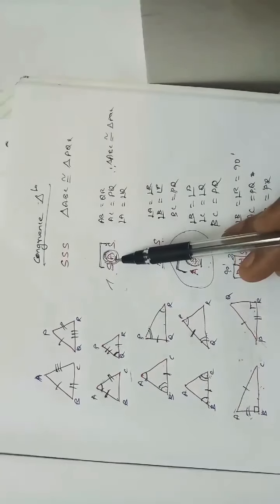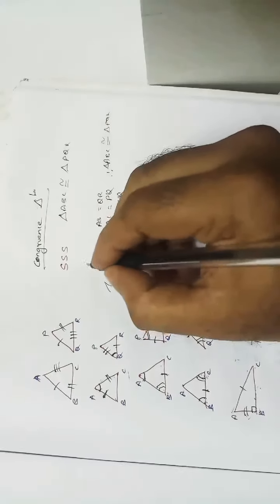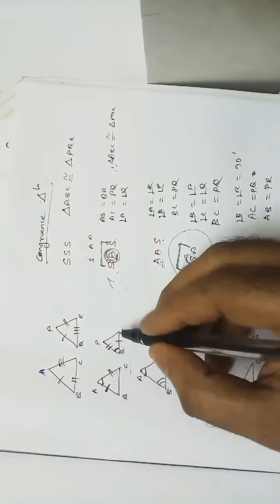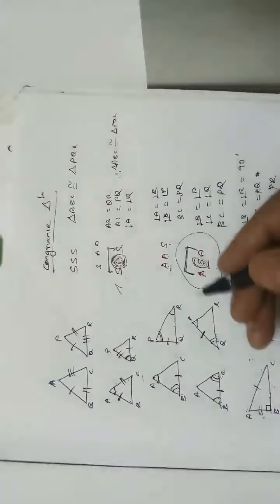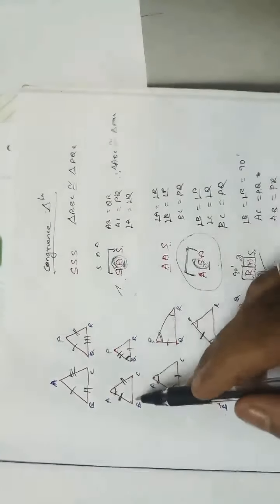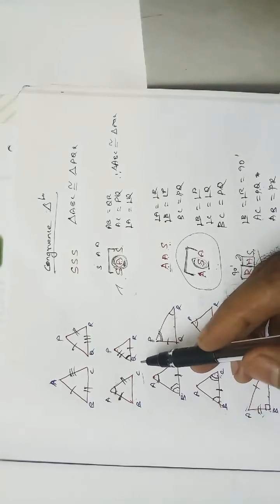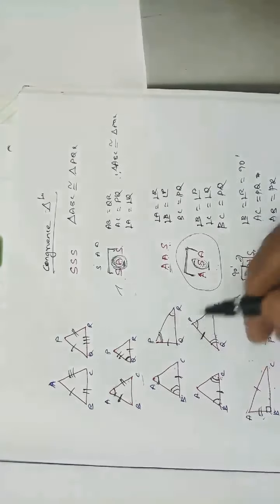Here 2 sides and 1 angle are equal. What remains? 1 side and 2 angles should be equal, and surely they will be. You can say this directly if the two triangles are congruent, by CPCT. What is meant by CPCT? Corresponding parts of congruent triangles are equal. Already we know that, the same thing.